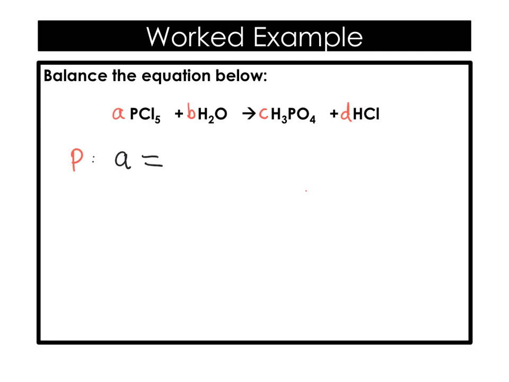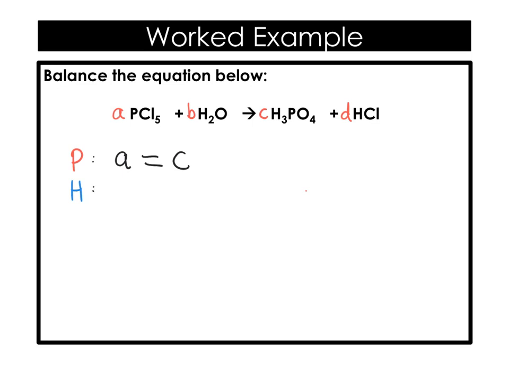So that's how many there are on the left-hand side. That has to equal the same number on the right-hand side. So let's look on the right-hand side and see how many phosphoruses there are. There's 1 in this compound, and there's none in this compound. Okay? So again, whatever C is, that's going to be the same as the number of phosphoruses on the right-hand side. So A is going to equal C. Okay? It has to, because that's the law of conservation of mass. However many phosphoruses on the left-hand side has to be the same as the right-hand side. So A must equal C in order for this to work. If I now look at the hydrogens,